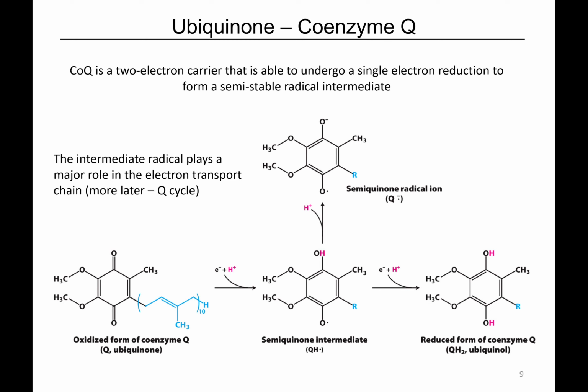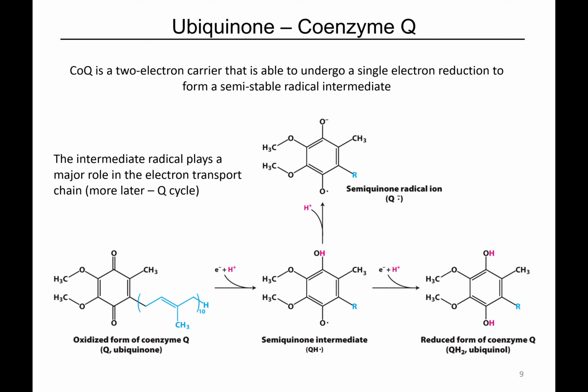All right, let's look at the structure of coenzyme Q. Coenzyme Q, ubiquinone, you'll hear me say it interchangeably. The idea is that just like NADH, just like FADH2, it can exist in an oxidized form or a reduced form in which it has accepted 2 electrons. Like flavin, it's able to go through a single electron intermediate that's radical. So there are 3 forms of coenzyme Q that are relevant.